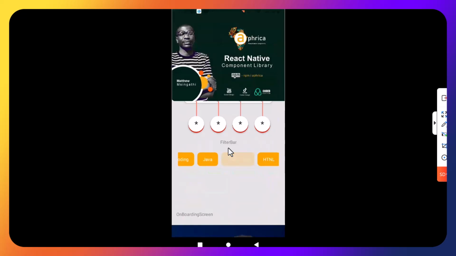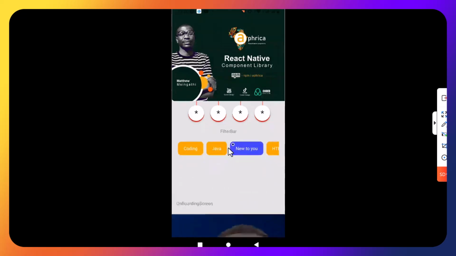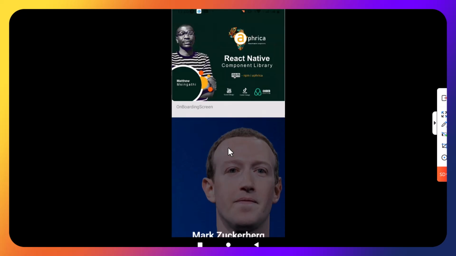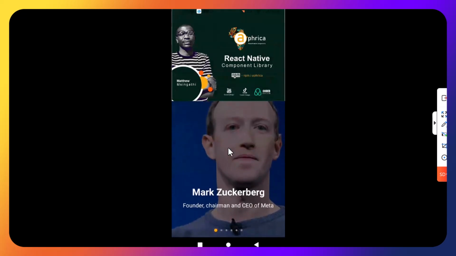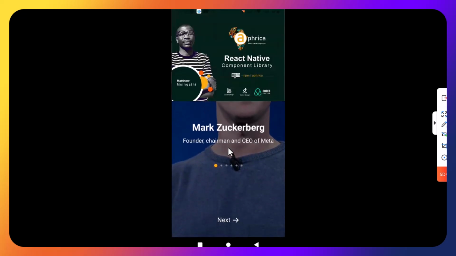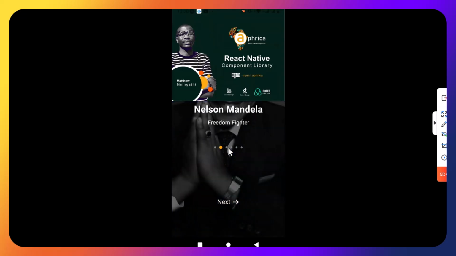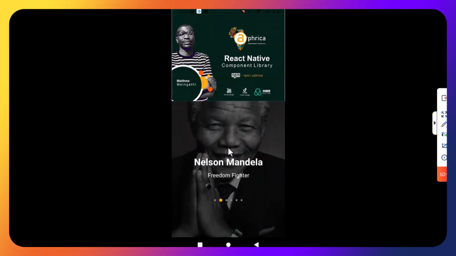Okay, as you can see guys, we've got smart components here ready for you to use. Interesting, but this is the component that we are going to use. This is an onboarding screen. This will fill the entire screen, and when you swipe, as you can see guys,